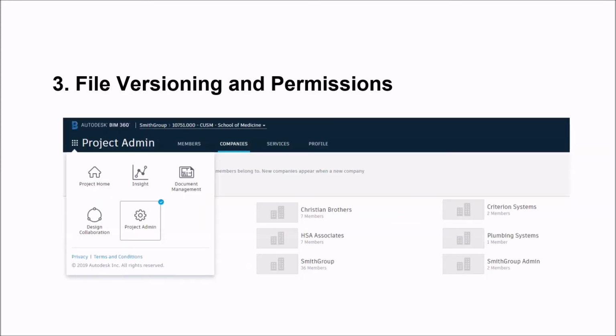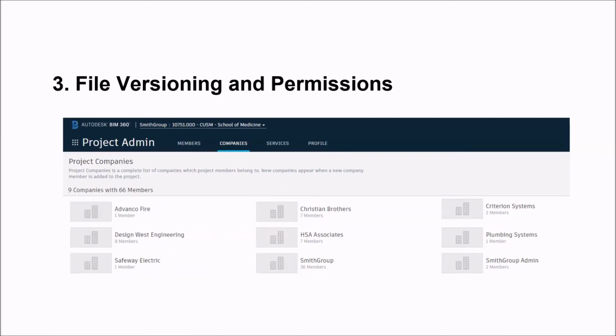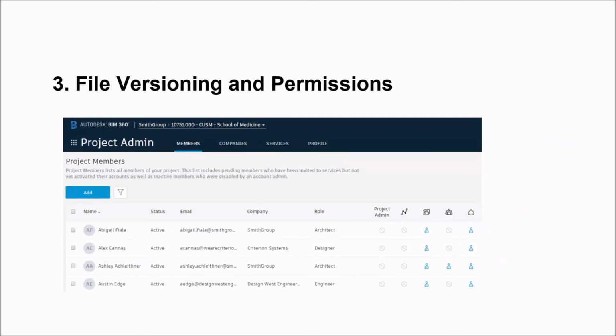Diving a little deeper into permissions, which is another strength of BIM 360, if we navigate to Project Admin, and we land on the Companies tab, you will notice each company has a certain number of members associated with it. We can globally assign permissions to a company, and then all of those users associated with that company would inherit those minimum permissions, or we can apply permissions on an individual basis. We don't need to go much deeper into the weeds here, but it is important to understand that you might provide certain companies or individuals editing permissions and others only viewing permissions.